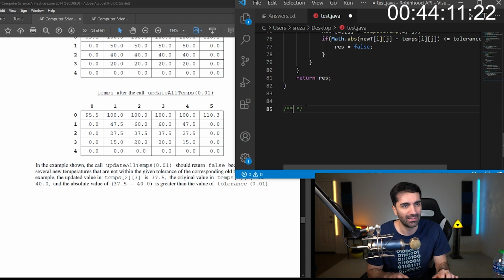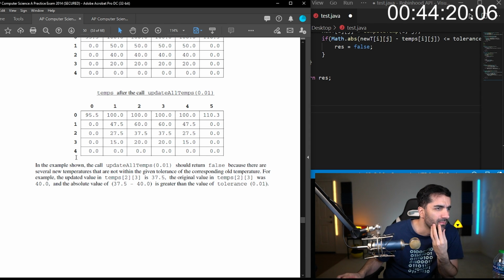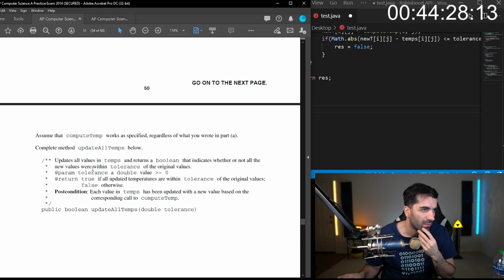Let's go to question 4. Hold on, I just want to read this last paragraph. Okay. Yeah, it indicates whether or not all the new values were within the tolerance.